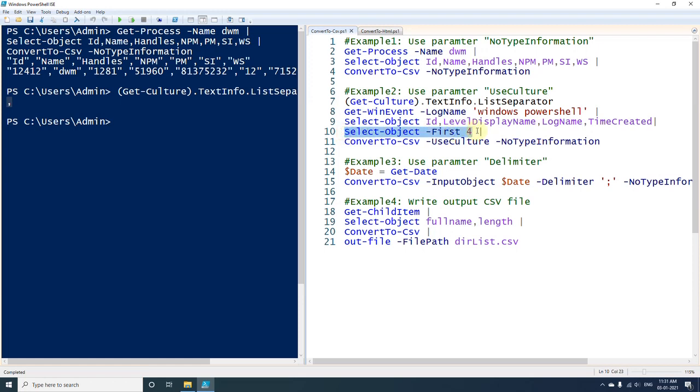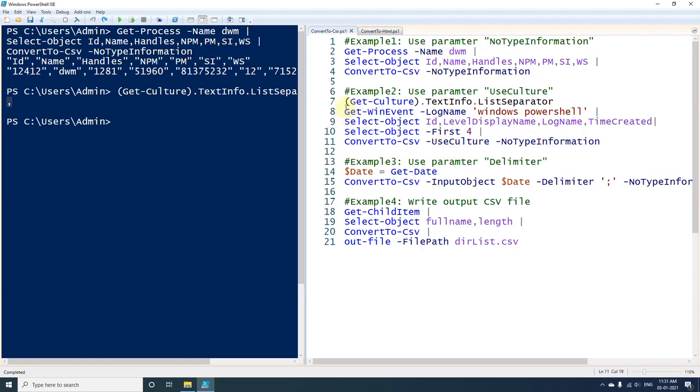And once we get the output of 4 rows, again we are converting that output into CSV format, and we have used the UseCulture parameter. So it will use the default delimiter in CSV. And again we have used the parameter called NoTypeInformation, so we will not get any type information header.